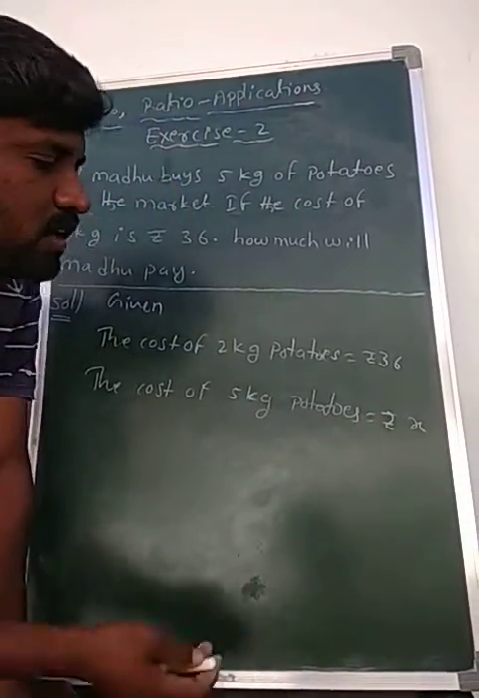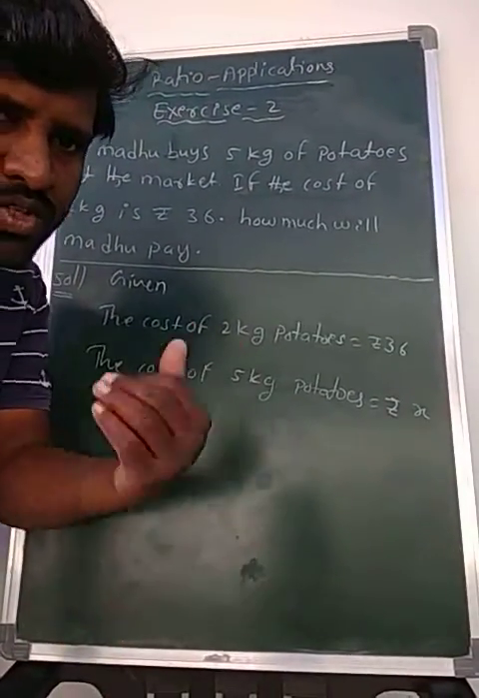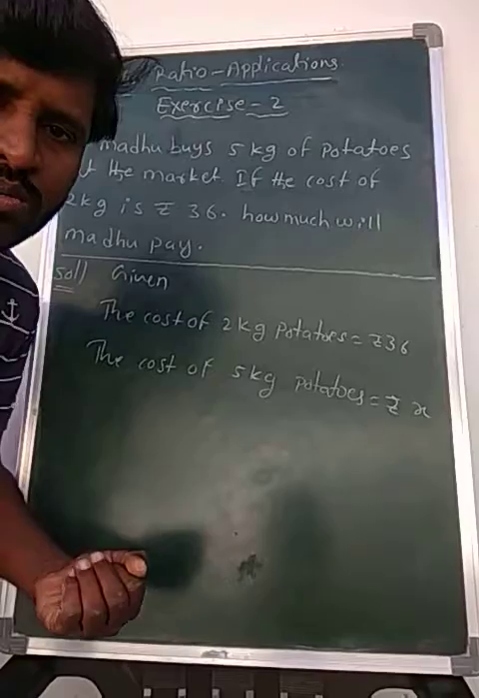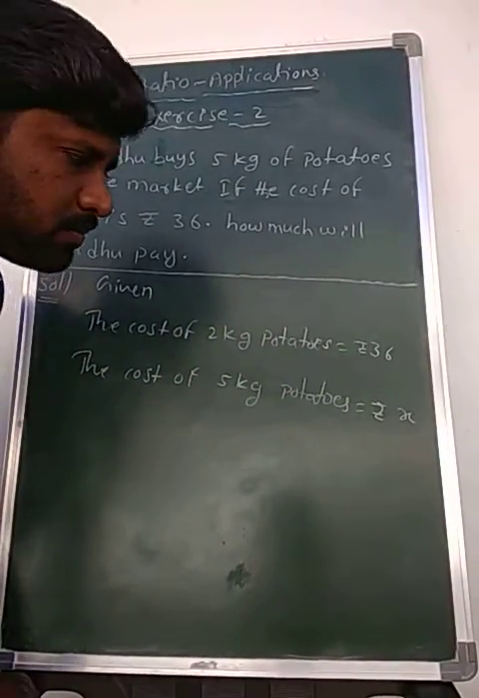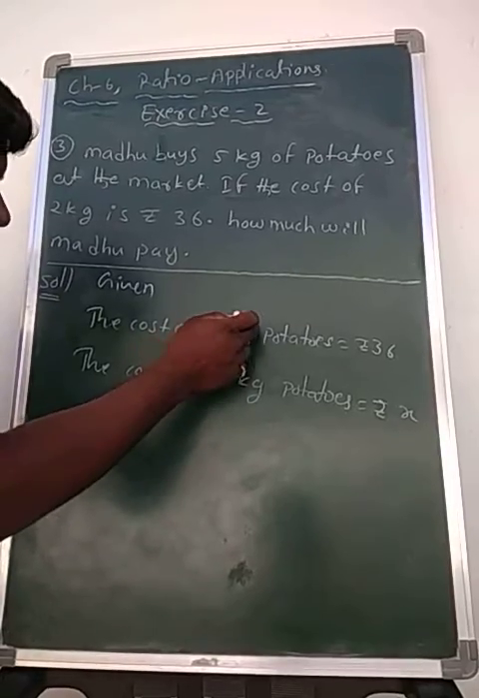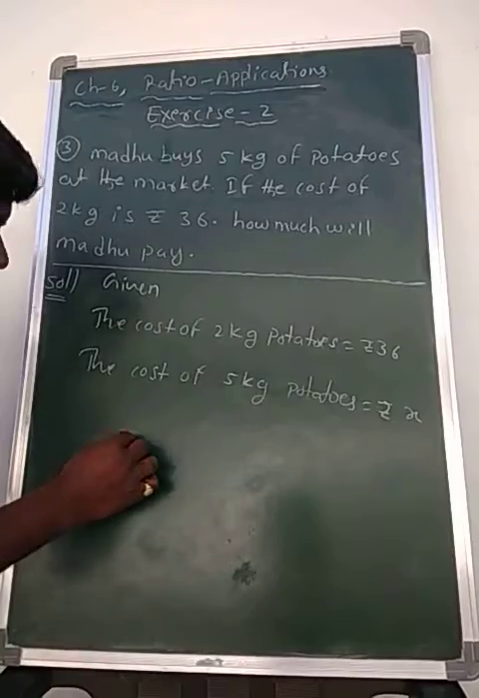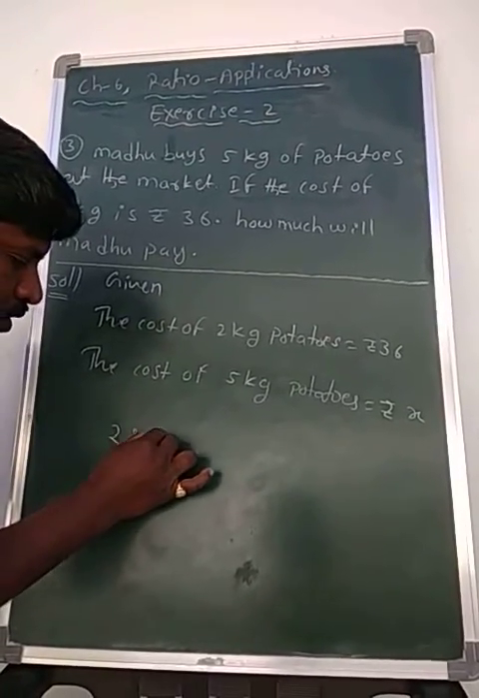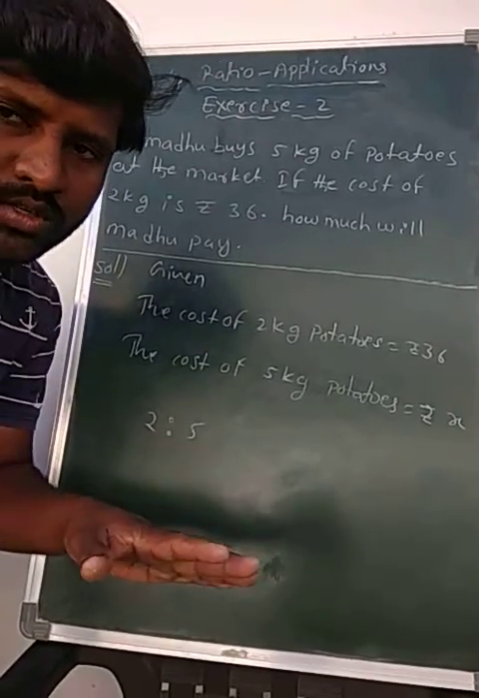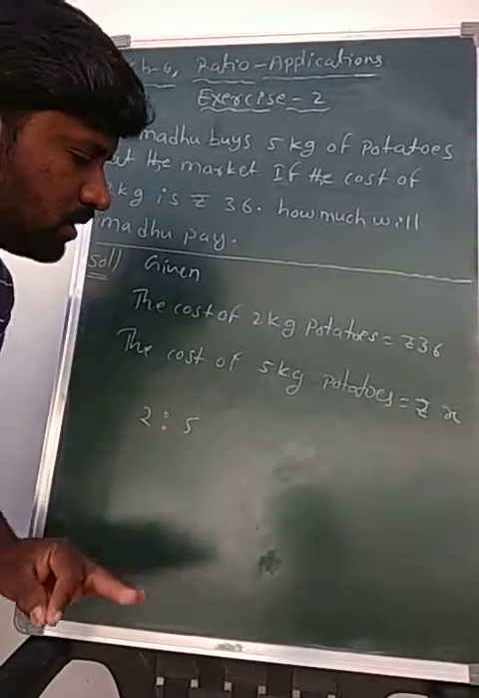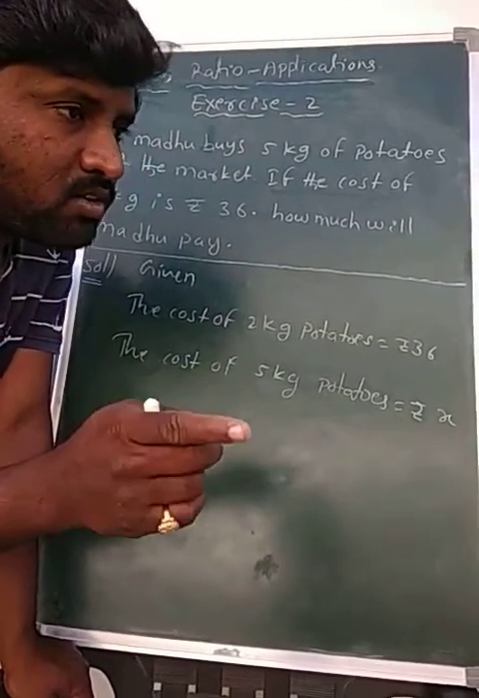What have I taken? Rupees x. Now in the previous topic we discussed what? Proportion, the equality of two ratios. So now see here, 2 kg, 5 kg. I am writing this like this, 2:5, because a ratio has no units. But when we are comparing two quantities, they have the same kind